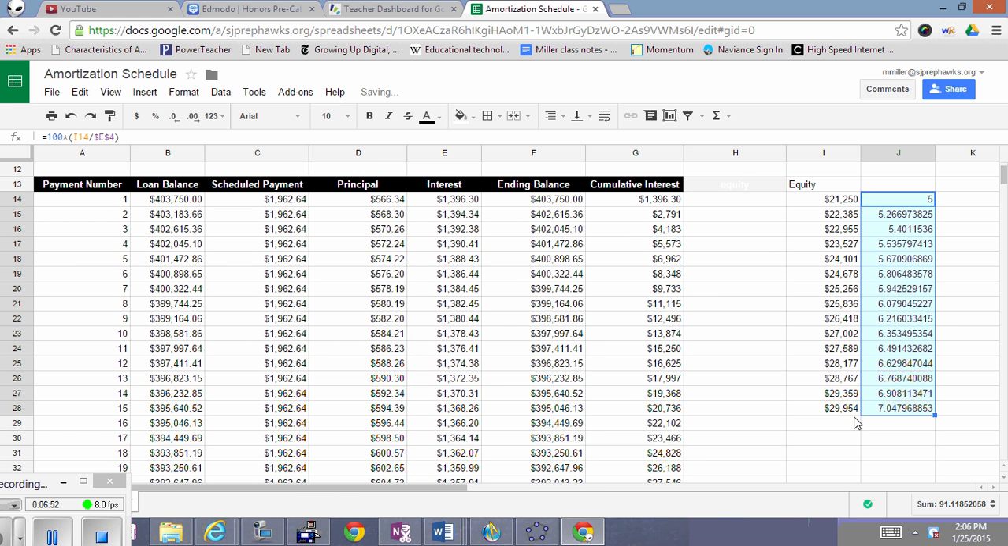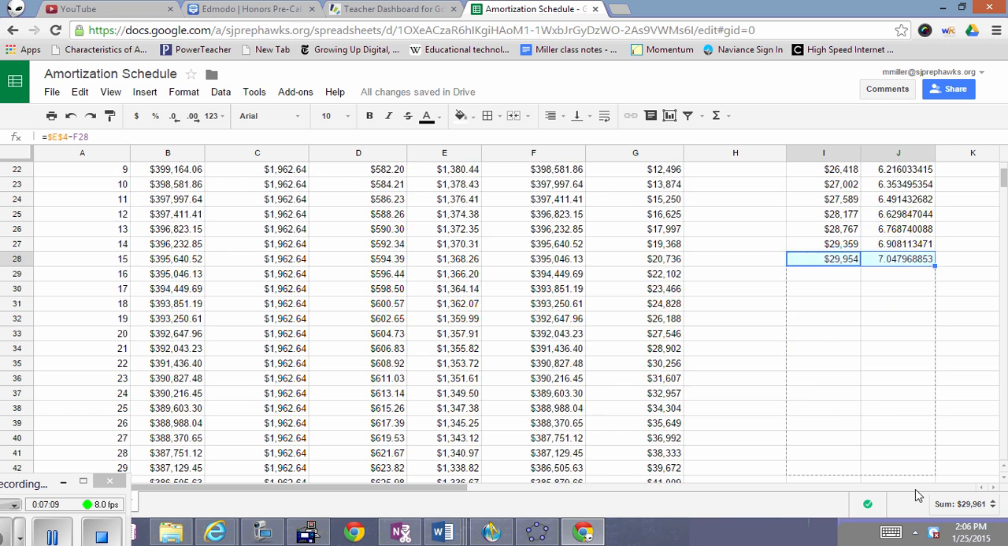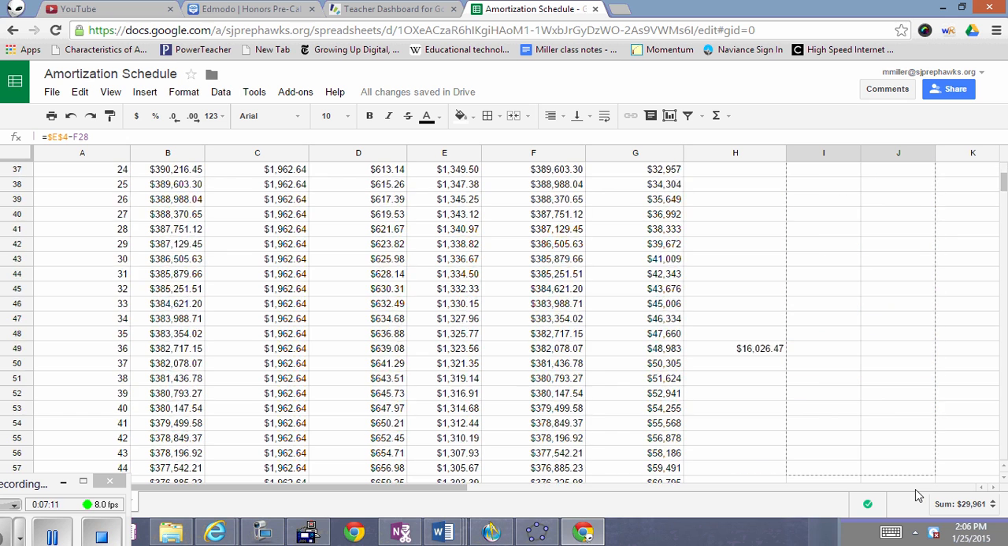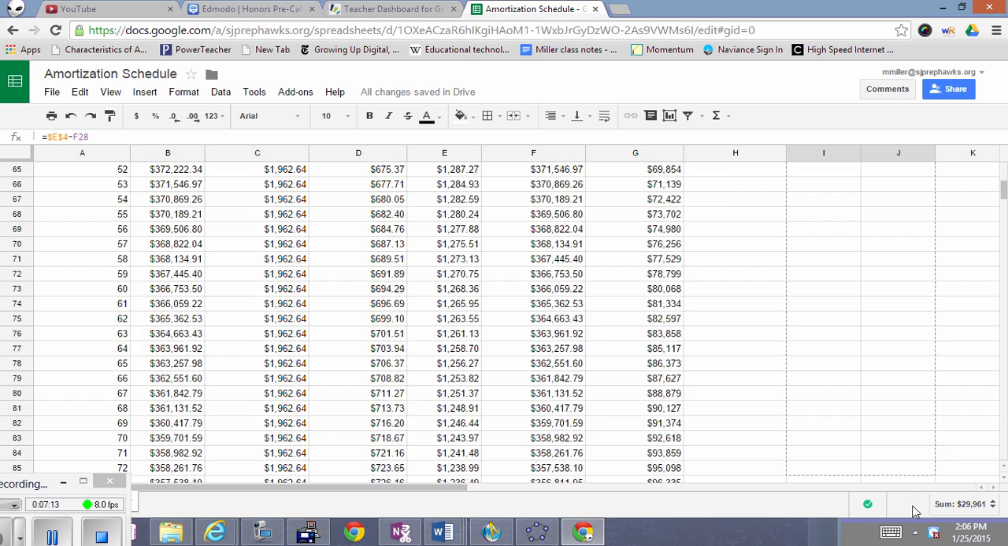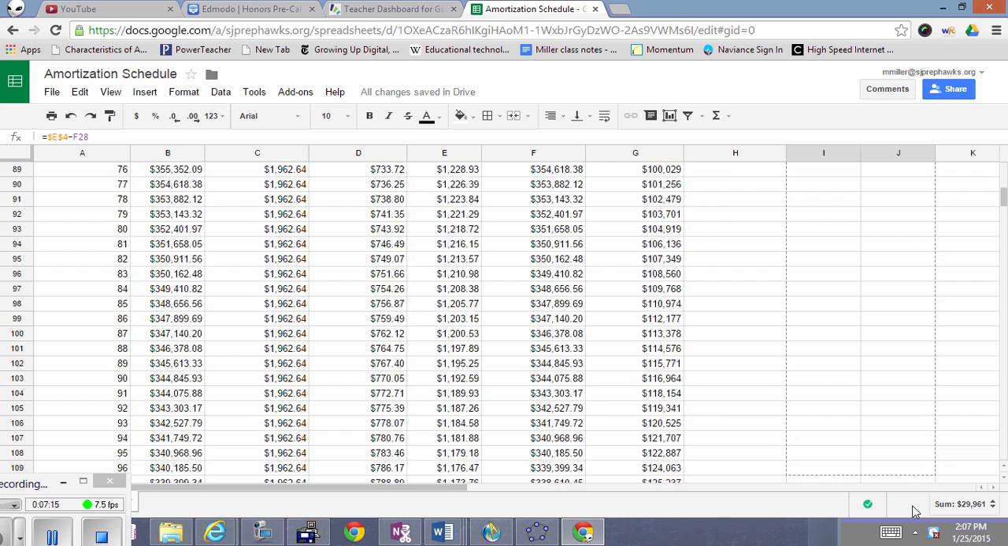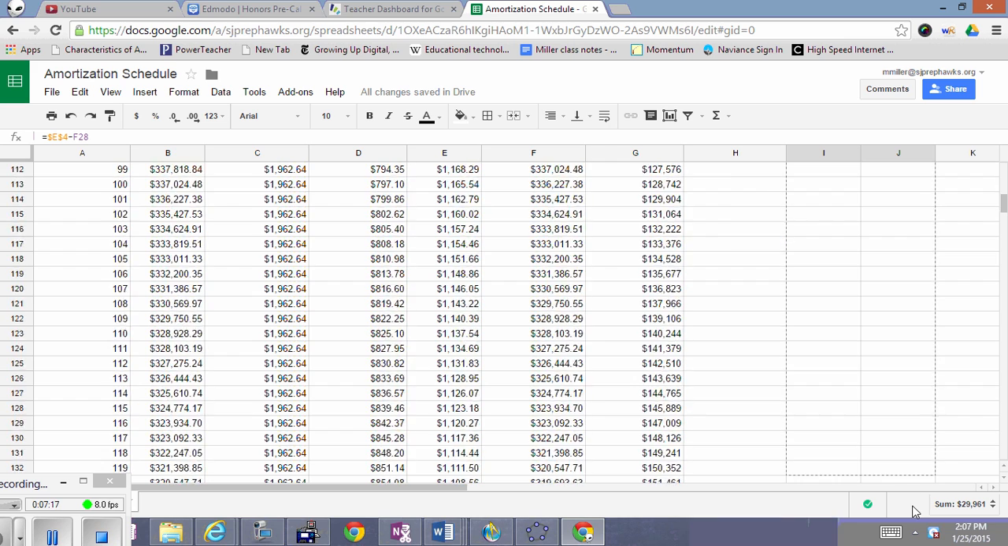So you can see here, down at the 15th payment, we own $29,954 worth of the property, or roughly 7%. Okay, so here we go. We just drag that down through the life of the loan, and you're going to see that obviously you're going to own more and more of the house as